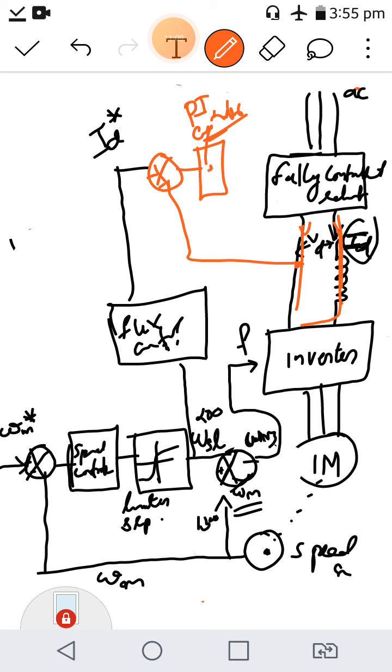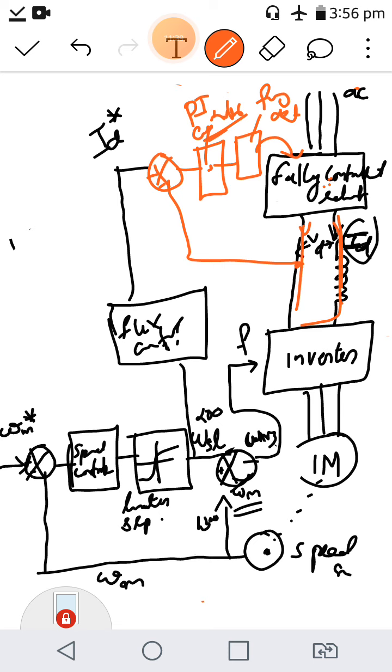The output of this PI controller is given to the firing circuit of this fully controlled rectifier, because for a fully controlled rectifier we also need to give switching pulses for these thyristors, right? So this error current is given to a PI controller, and its output is given to the firing circuit, which controls this fully controlled rectifier for controlling the magnitude of VD.